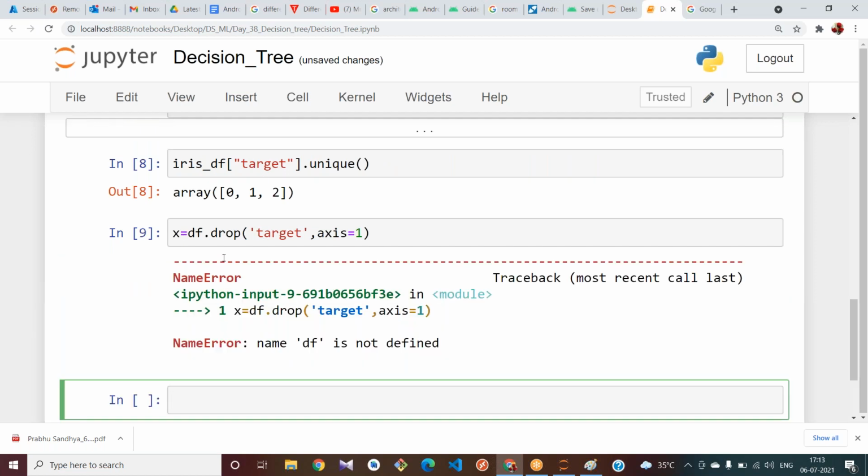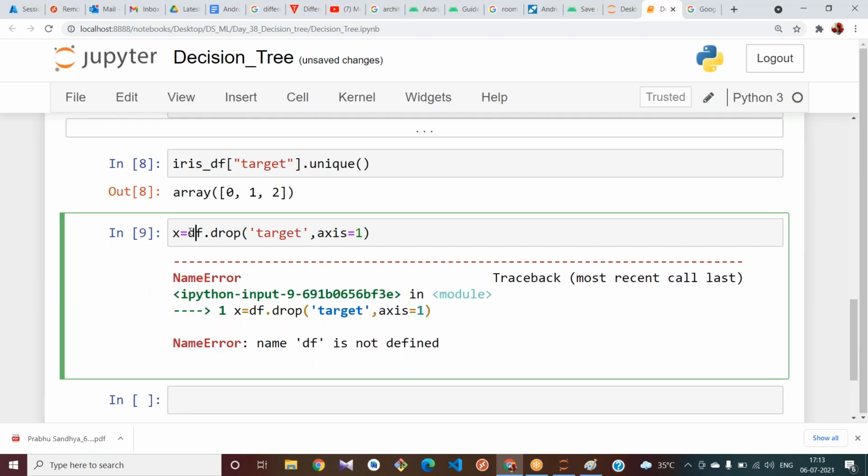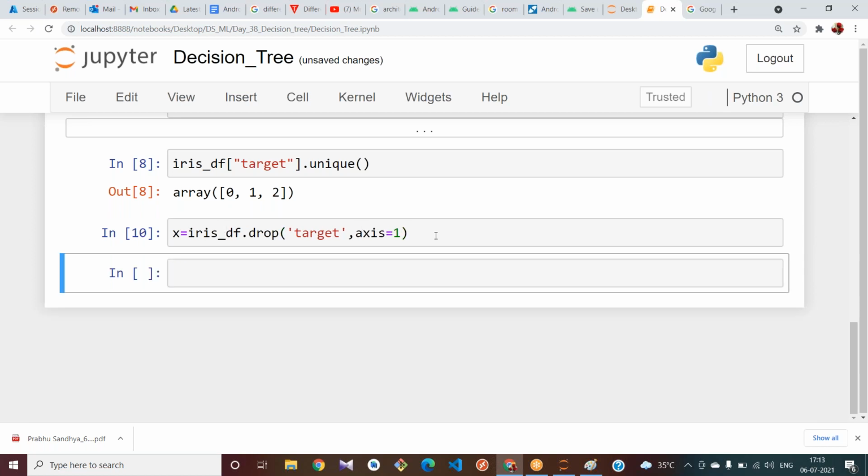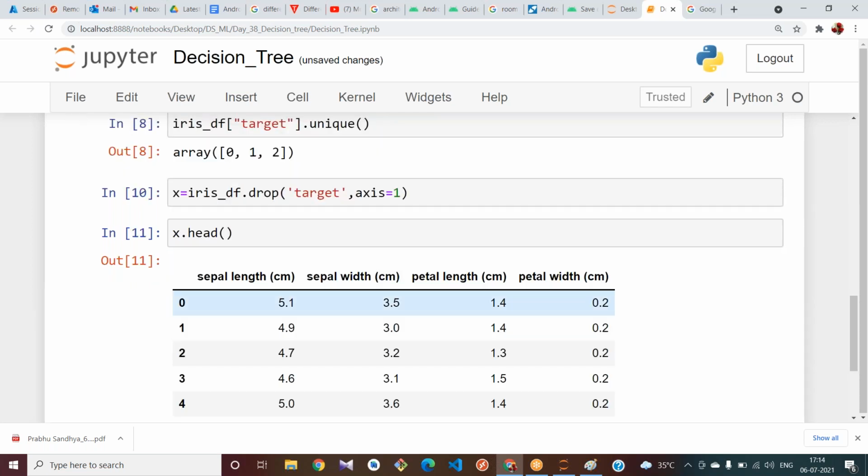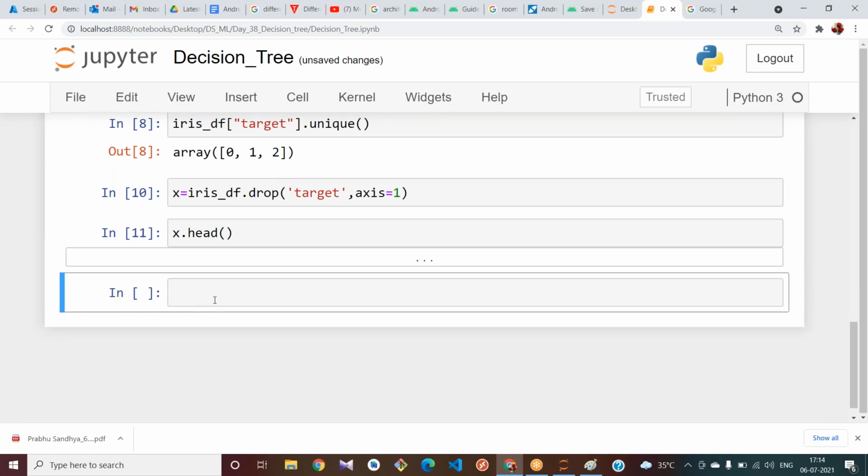Try to run it. Now x dot head. See, except for the target column, I got the rest of the columns in x. Now in y, try to take the target column: iris underscore df of target.